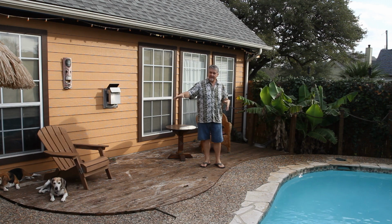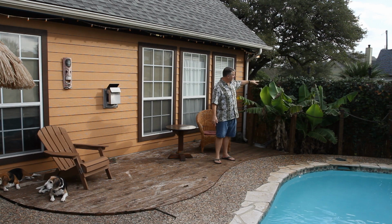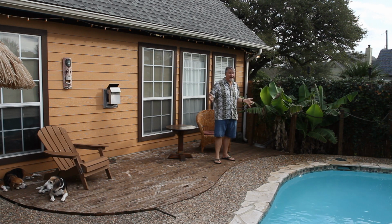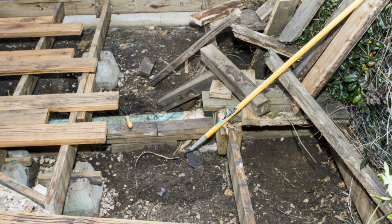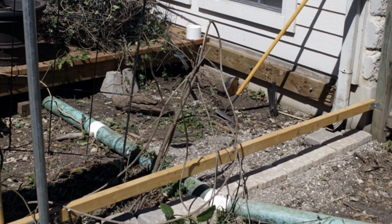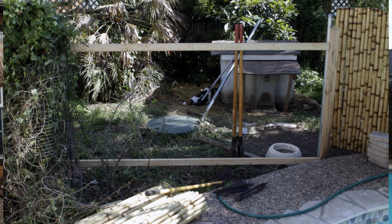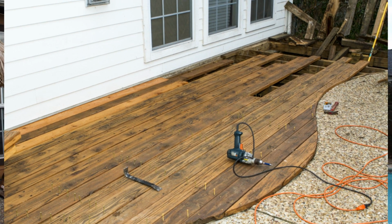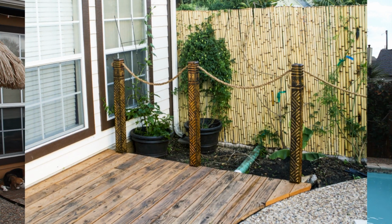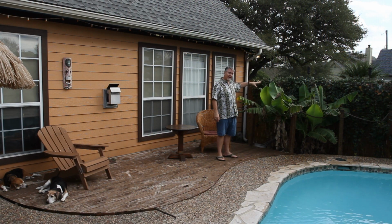This deck existed when we moved in, but it extended all the way to the fence at the time, and I'm afraid it wasn't taken very good care of. There were rotting boards, so I had to disassemble the entire thing, separate out the good wood from the bad, make cuts, and replace some of the boards that were rotting through. Ultimately, I decided not to extend it all the way to that fence, which wasn't there, but cut it off about 3 feet short,